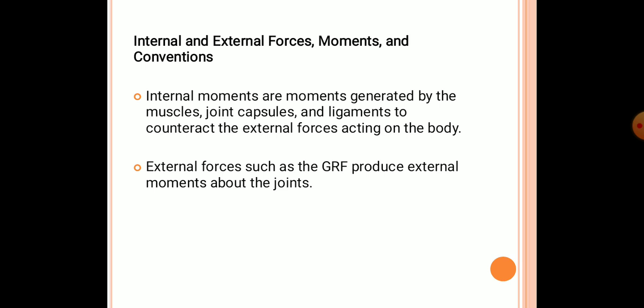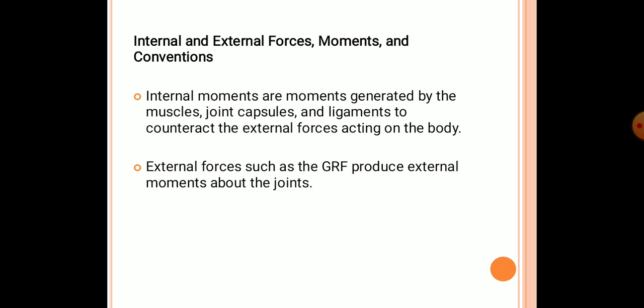So for each of the joints, there are structures which are carrying out the movement both internally and externally. So there are forces which are acting on that particular joint internally. That means the ligaments, muscles, tendons, all the structures which are present in and around the joint. And there are some external forces, as we said, ground reaction forces, center of mass, center of pressure, gravity. All those things are the external forces. Then we have some moments. That means there is some proper direction to the force. Then there are some conventions.